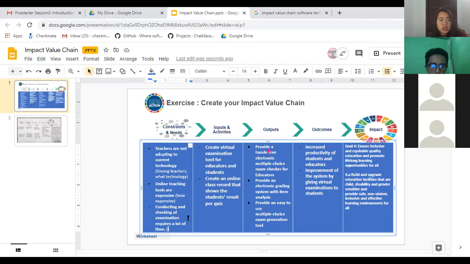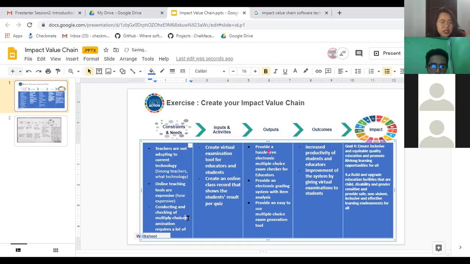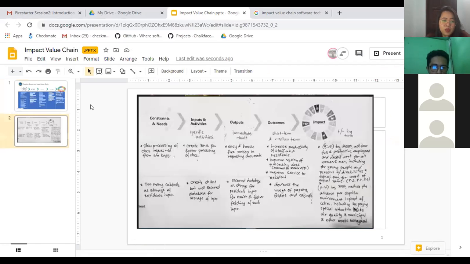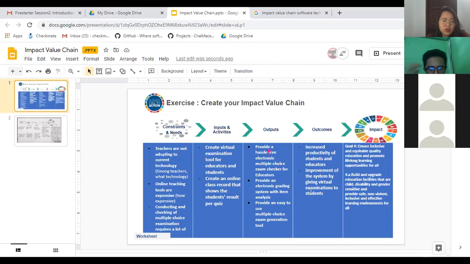So, conducting and checking of examination papers requires 30% of the time, or mga ganyan. Basta you have to identify again, do not say a lot of time. You have to pinpoint what is a lot of time? What specifically is a lot of time to you based on the data and facts that Checkmate has researched?